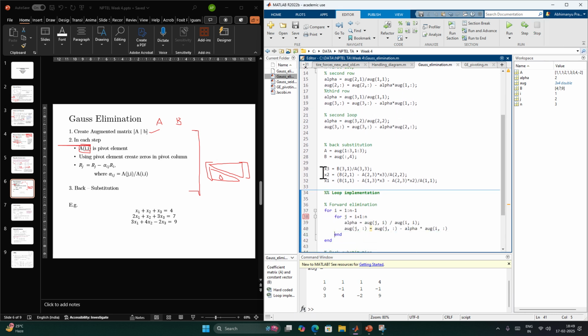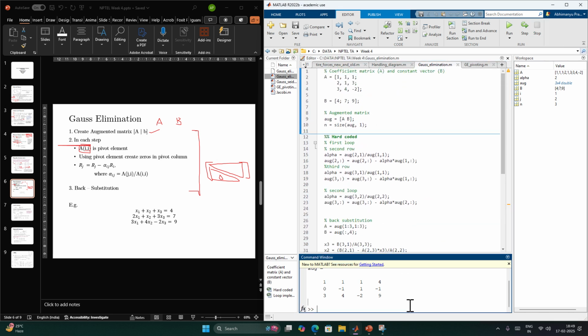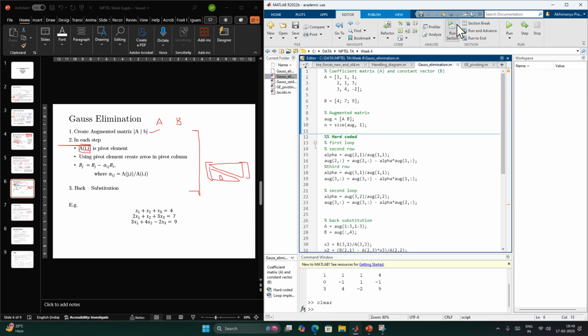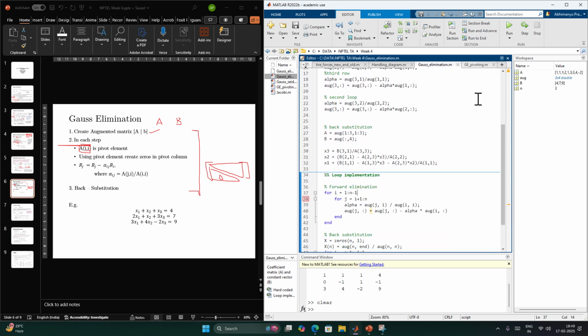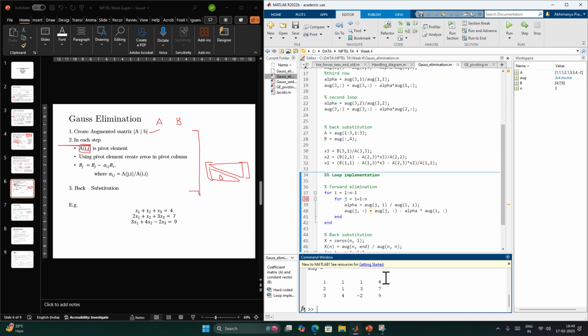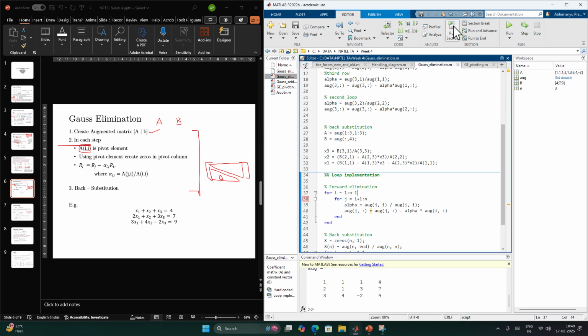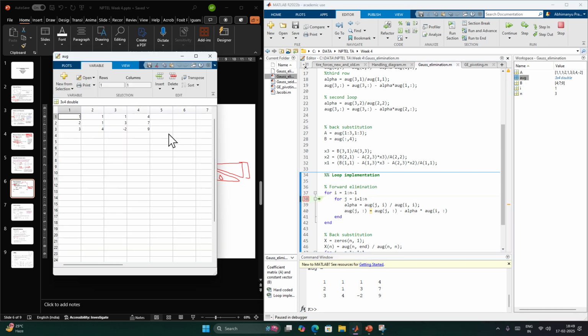Okay, just a minute. I clear the workspace and I run this section. Then I don't run this section, I directly go to this section. My augmented matrix is this right now. If I run this section,